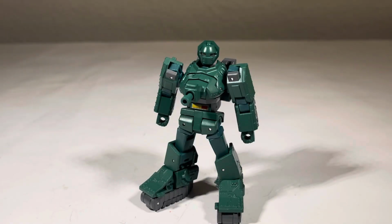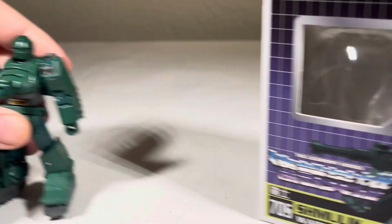Everybody, my name is Solus Convoy, and today I'm taking a look at Newage H70S Shmulik. This is another Newage review. This is on loan to me from my homie Ty, and